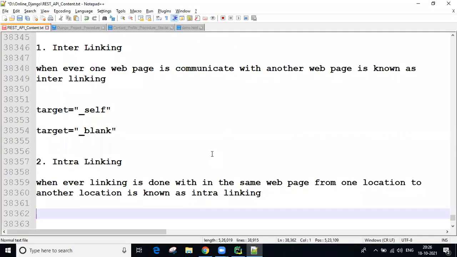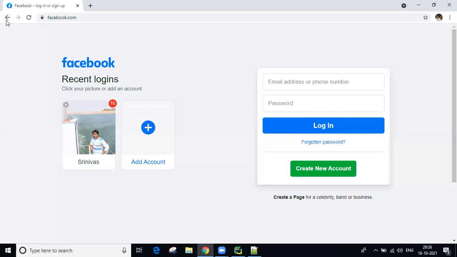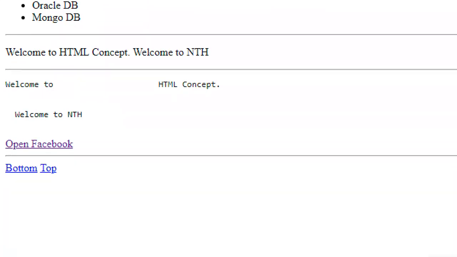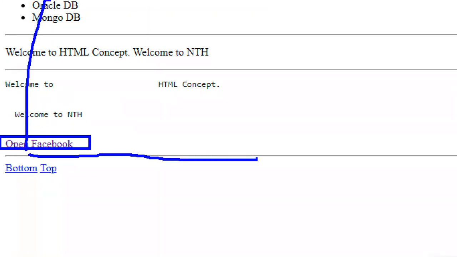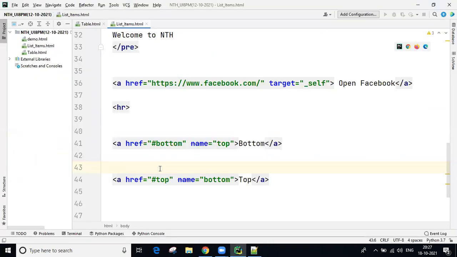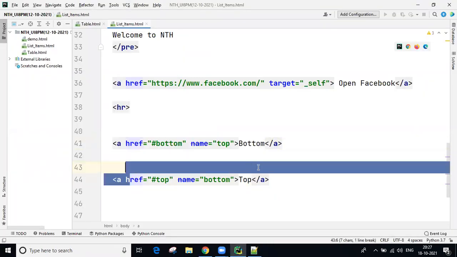So now here you can see three links you are going to get. First of all, now refresh. See, guys. After displaying this link, I created an HR tag. HR means horizontal row. Now forget about all these other things. Focus on here. Two links I created. One link is for bottom, another link is for top. But both we are getting side by side. Actually, I created one link here, another link here, one by one, but you are getting output on the same line. See here, this is one line, this is another line.